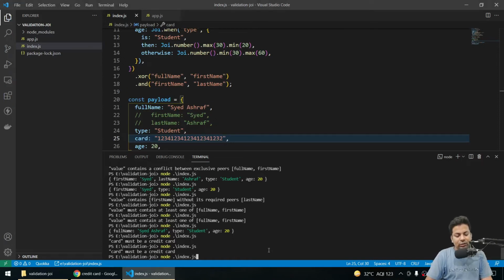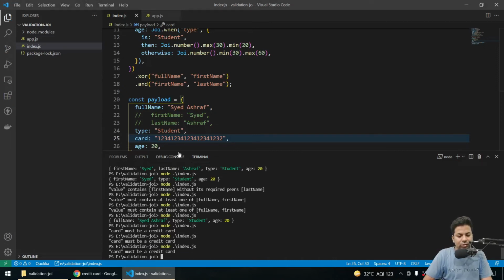Okay, I think it's 16 numbers. Still not, it's more than 16. Yeah, now it's 16. So I have to remove these extra spaces and save it.